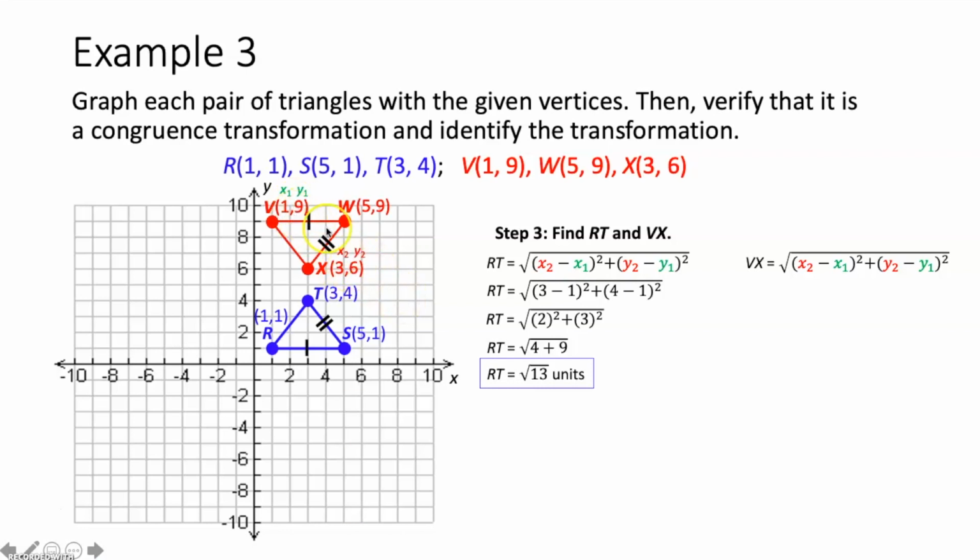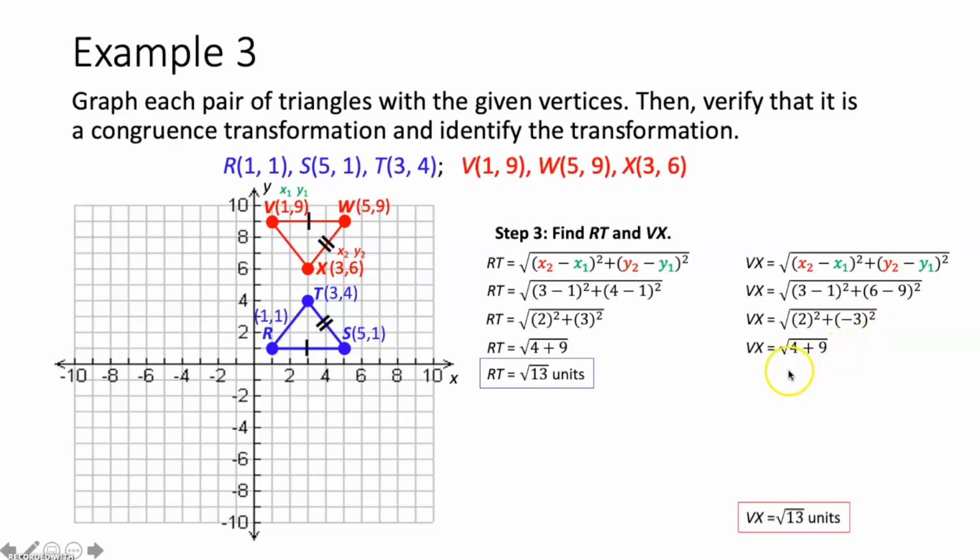We plug in these points to their corresponding spot in the distance formula, and we simplify. 3 minus 1 is 2. 6 minus 9 gives you negative 3. We then square the 2, we get 4. We square the negative 3, we get 9. 4 plus 9 is again 13, and the square root of 13 we cannot simplify, so we leave that as